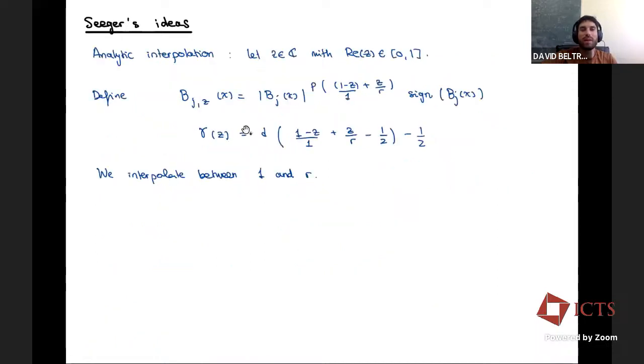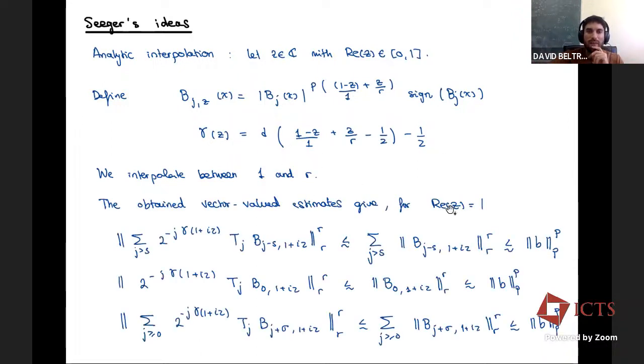By analytic interpolation, we'll interpolate between a very large R that is admissible for our hypothesis in this vector valued estimate, and 1. Here this would be the Bochner-Riesz index, the critical index. We interpolate between 1 and R. When we are essentially at R, this is when the real part of the interpolating variable is 1. Then we just apply the